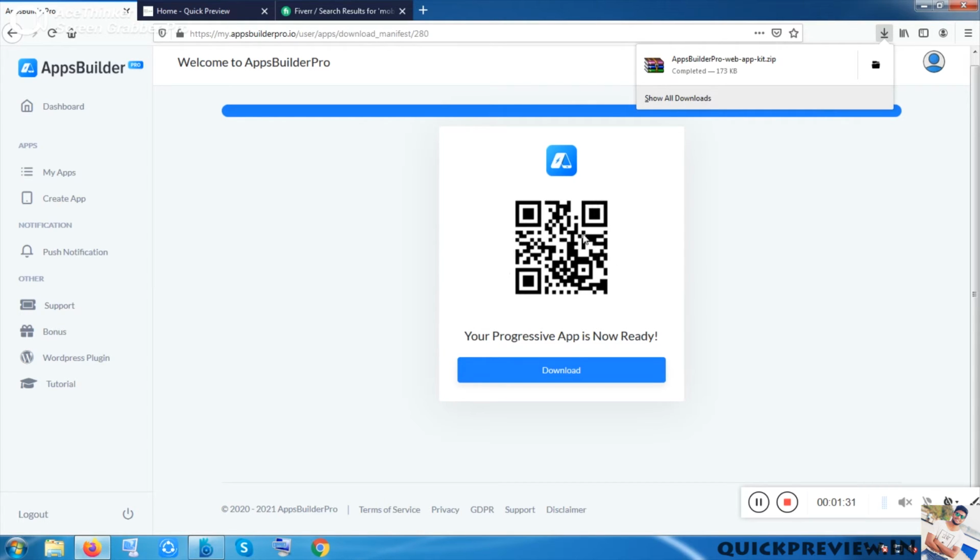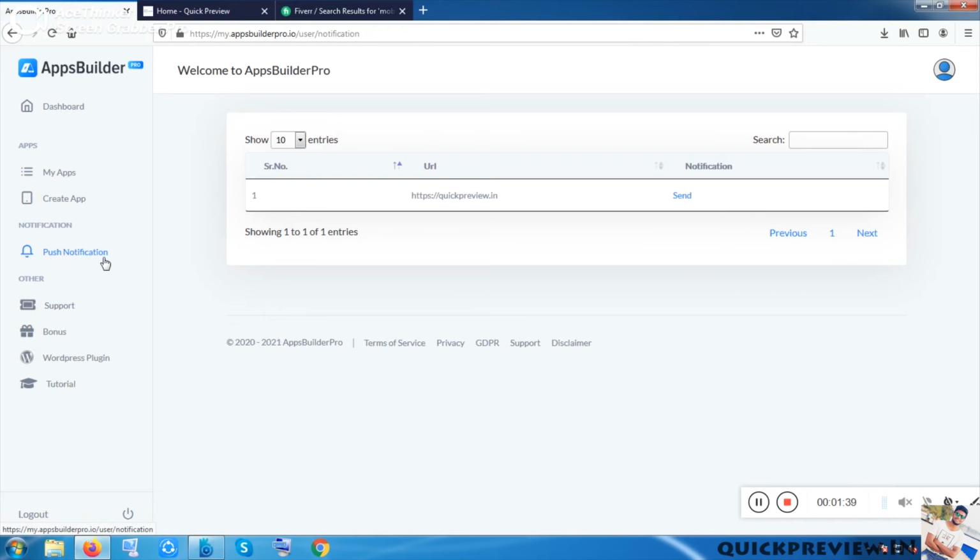I have already shown you the main features. Okay, after that there are some options. This is push notification, a very good option, and this is one of the main things, the backbone of a mobile app. Okay, successful mobile apps, Google, Twitter, and most of the apps, maybe Pinterest, maybe Flipkart, Amazon, and all of the apps are doing the same. Uber, OLX, Zomato, every app is sending push notifications each and every hour.